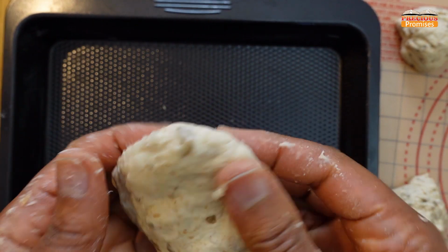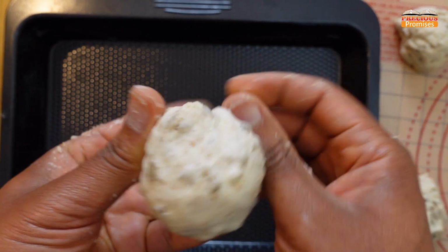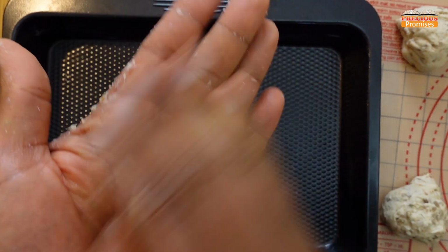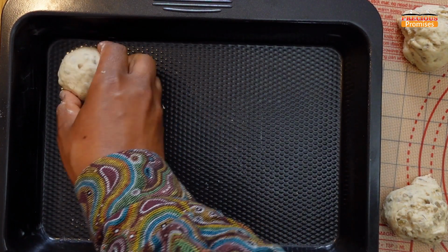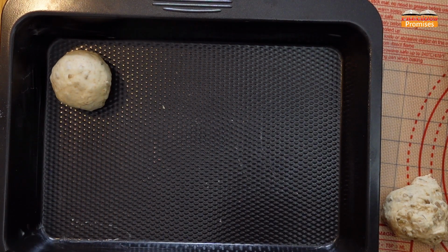Just bring the edges together at the bottom, then I roll it in my palms to form a perfectly shaped ball. So that's row number 1 into the baking tray. As you can see, I don't place on the edges because this is going to rise and become bigger. So row number 2,